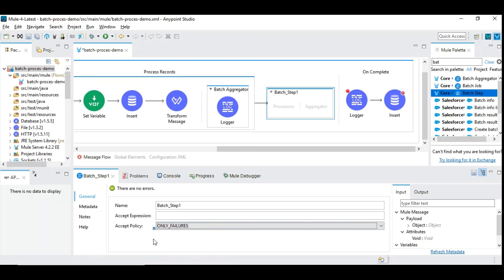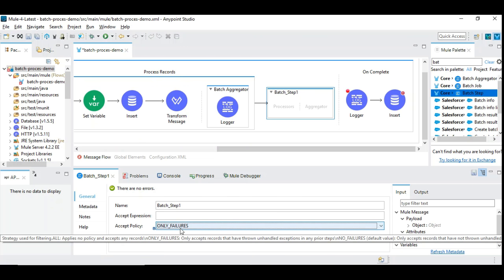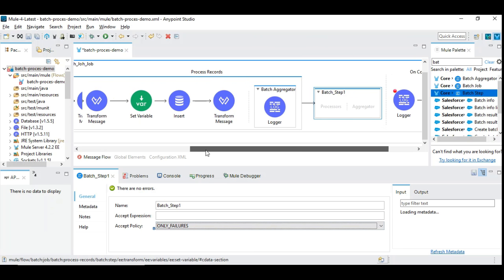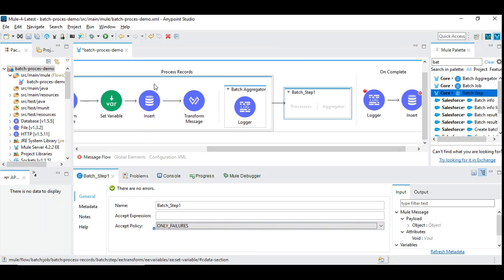The accept policy that says only failures would mean that it will process only records that failed in the preceding step. So we have two steps. Whatever failed in the first batch step will be filtered over to the second step, and then it will be processed. So it's a genuine and very fantastic way to do it systematically. So you can rename it as failed record processing,